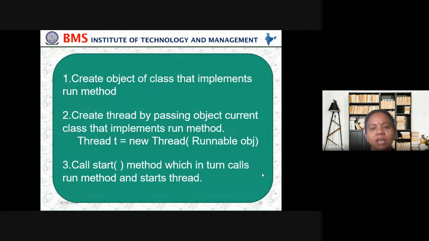So how do we create it? We generally create objects using new. Then we take some variable where we store that object, that is t, then Thread, and the runnable object. Then we call the start method, which in turn calls the run method and starts the thread.